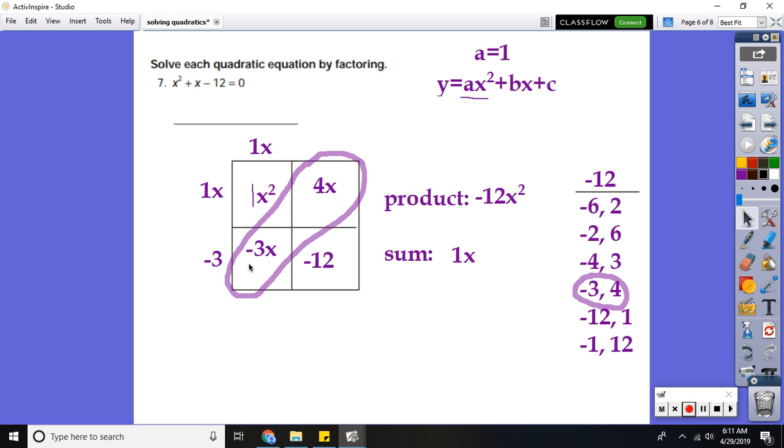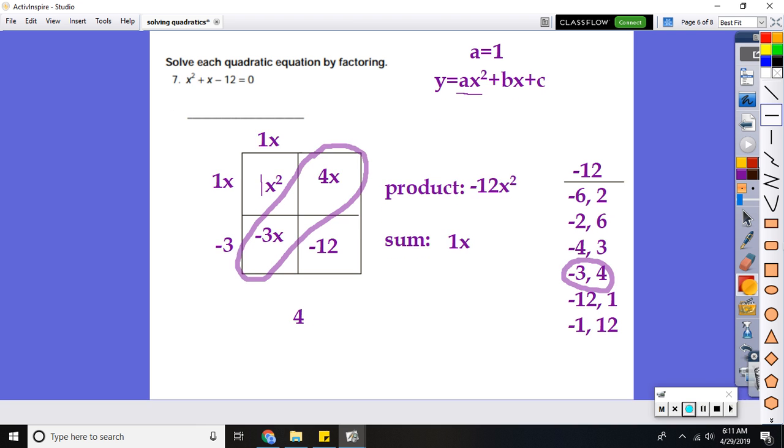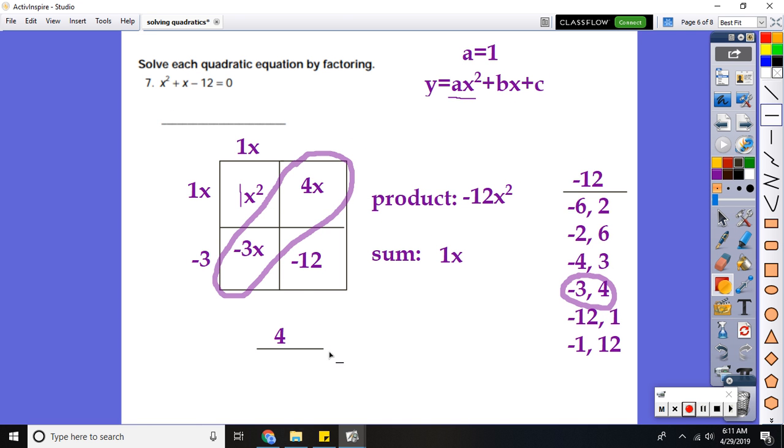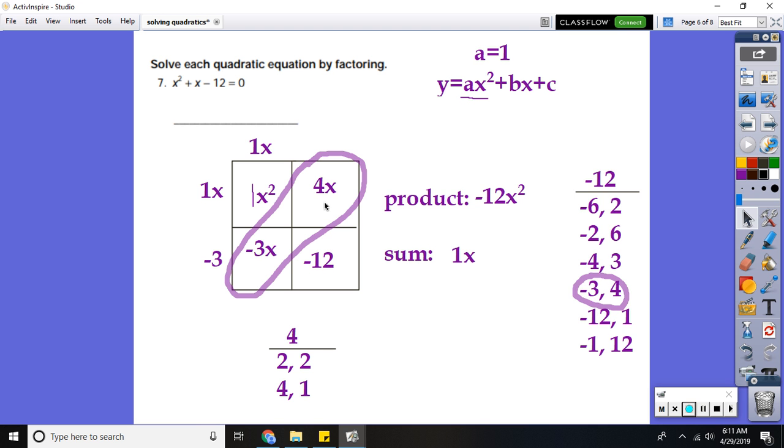The last GCF I have to find is for this right column, 4 and negative 12. The factors of 4 are 4 and 1, 2 and 2. I'm going to write these down here so we can look at them in comparison to the factors of 12. So we have 2 and 2, or 4 and 1. Between 12 and 4, which are my two boxes here, there are several common factors. 2, 4, and 1 are in each list of factors for 4 and